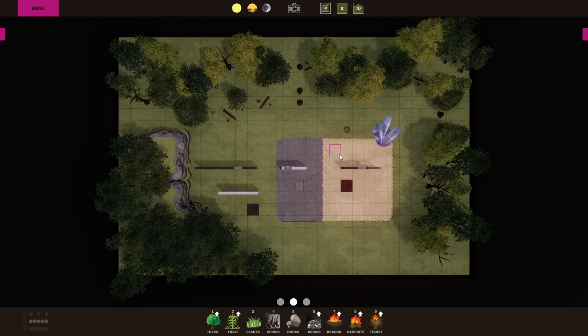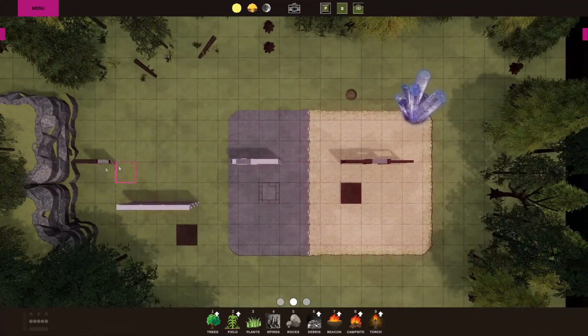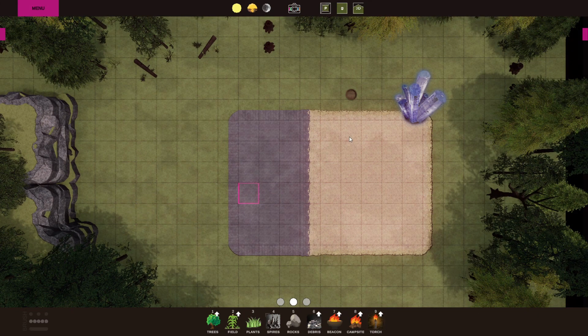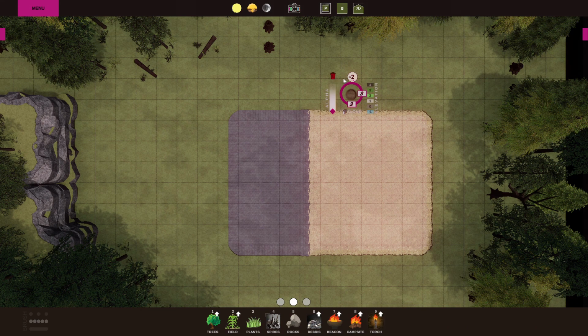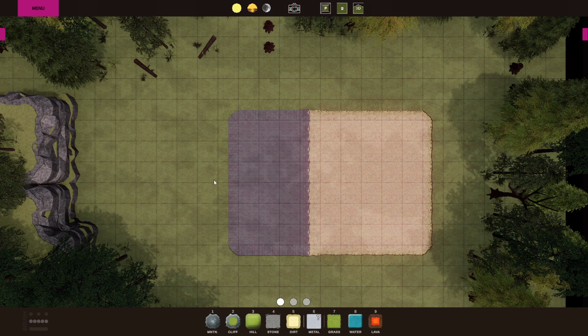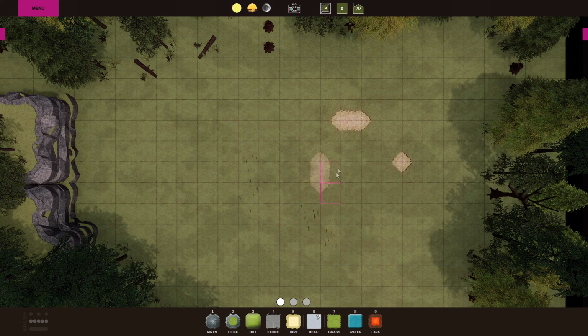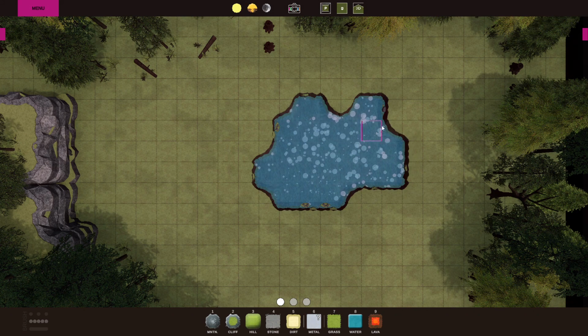For this one, I'm going to clean up the scene, and to do that, I'll just use the right mouse button to delete the elements. For 2-dimensional objects, there's a trash can icon, and again, you can't delete the element, but you can paint over those. I'll place a small little pond here,